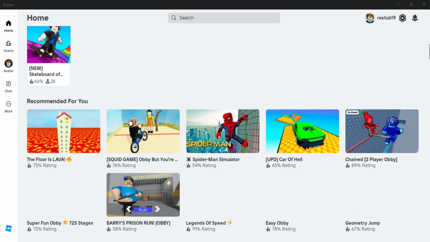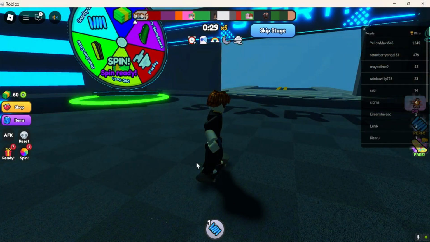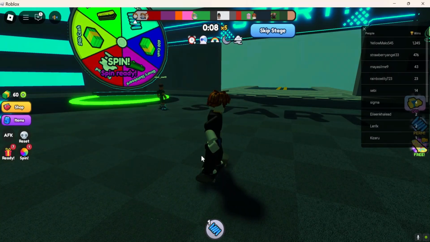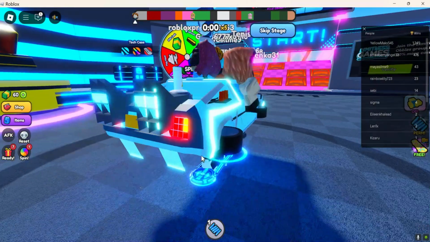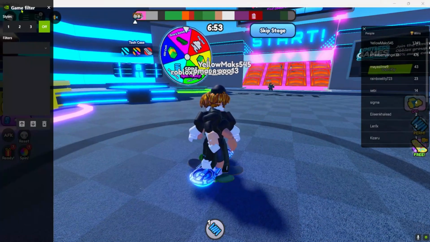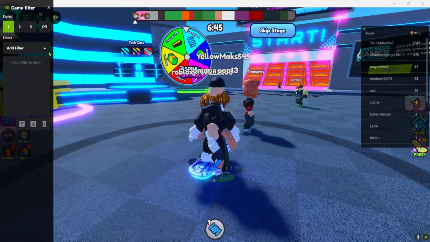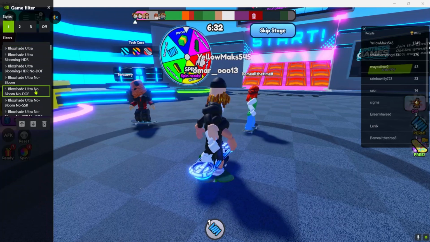Now on Roblox, we're going to pick any game. So now we're back in our game, and currently we're not seeing any difference, but in order to fix that, we're going to click on Alt F3 on our keyboard. And then it's going to bring up the game filter settings, and under styles we're going to click on 1, and then under filters we're going to click on the plus icon, and then we're going to scroll down to